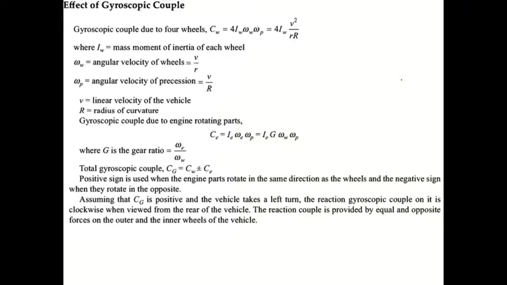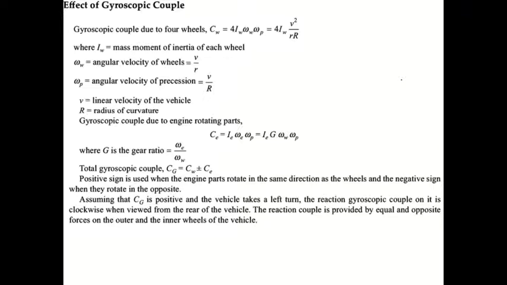All the rotating elements will have some kind of gyroscopic couple. Even the earth is rotating about itself and also revolving around the sun. While it is doing this process, it is also having a kind of gyroscopic couple. That couple is helping the earth to stay in the same orbit. Similarly, all the rotating or revolving elements will have a kind of gyroscopic couple on them.